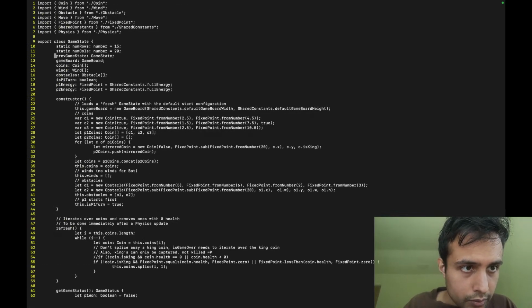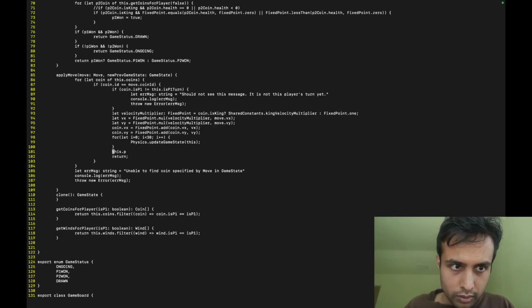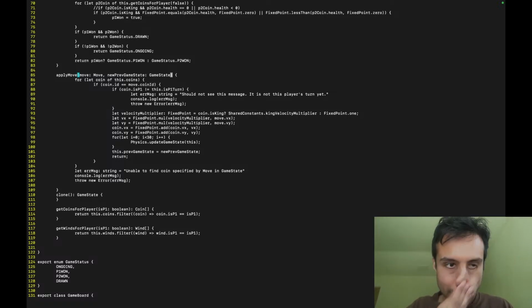Prev game state. And set that to new prev game state. Now I was thinking of making an optional parameter where if it's not defined, we can just clone this, but that's just weird. I should put a comment there then.